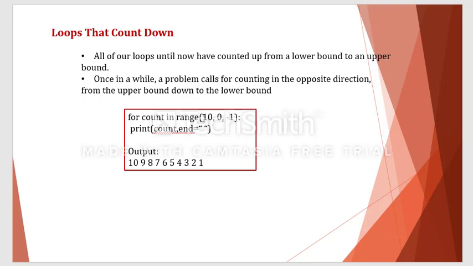So according to the original syntax of range function, 10 is called the starting index and 0 is called the ending index. Okay, so range function can be operated with giving a single parameter, giving 2 parameters and giving 3 parameters. Okay, it can be used with these 3 specific options.